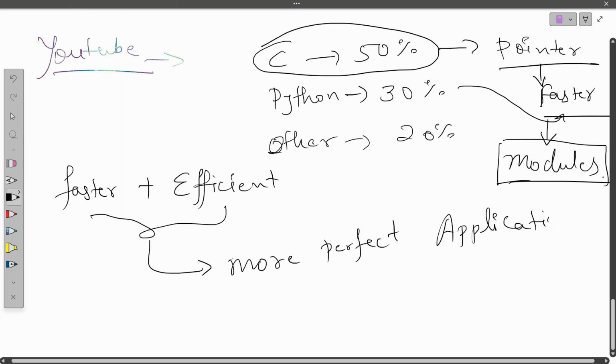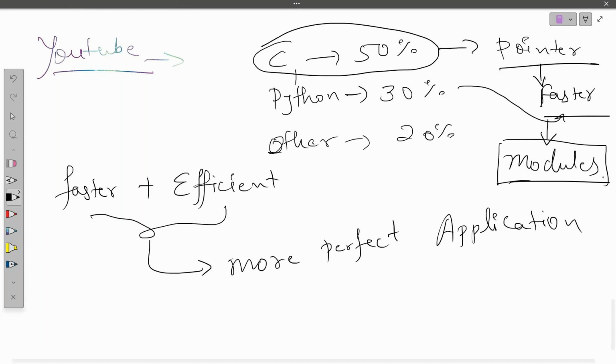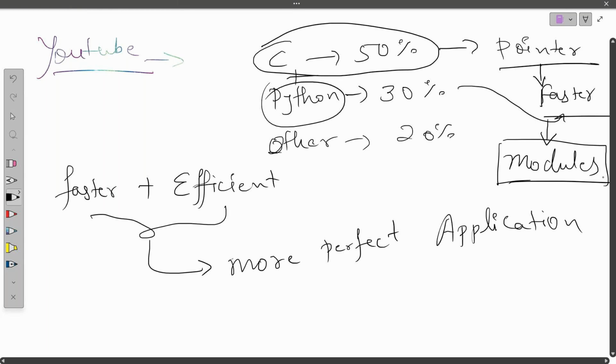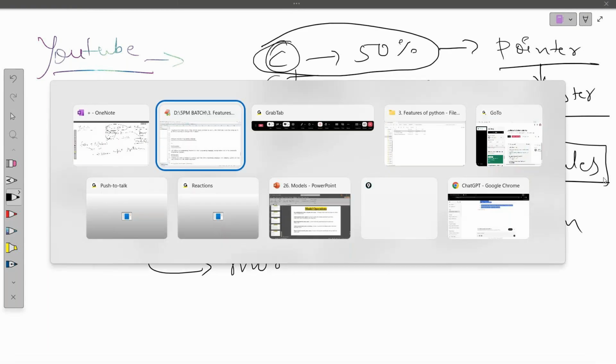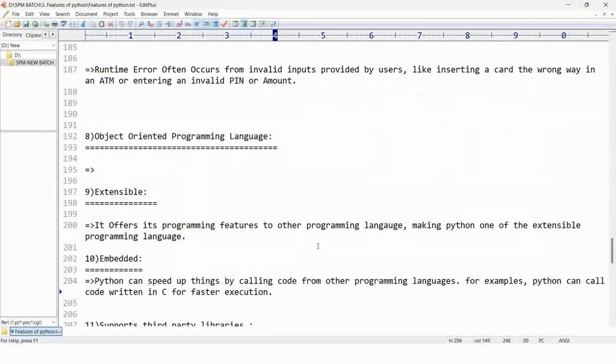That means we are combining C programming and Python for better execution. So here also you can just read it: it offers its programming features to other programming languages.